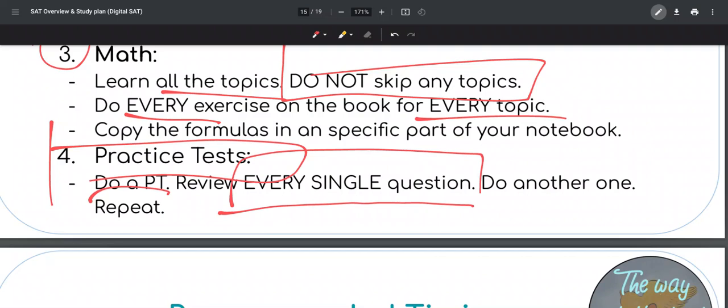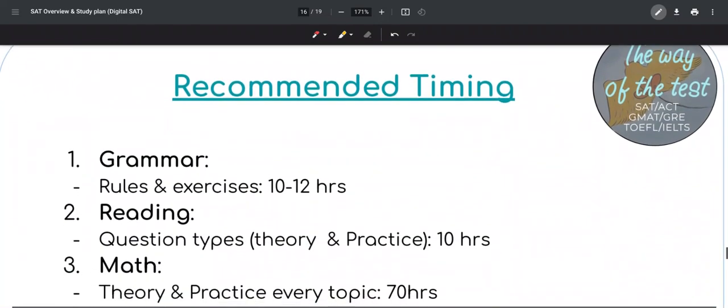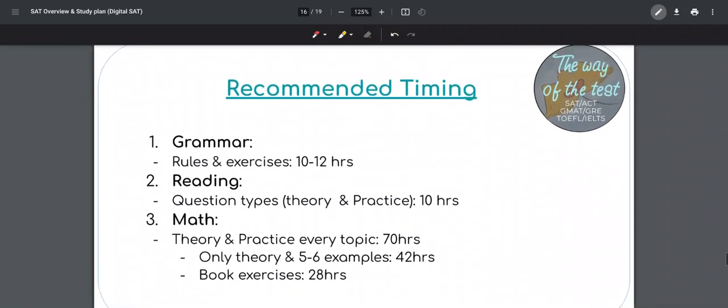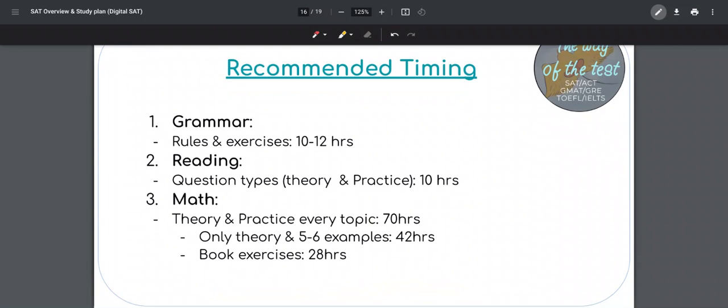After you have reviewed every single question, then you're going to do another practice test, and then you're going to repeat. You're going to do this for as long as it takes until you reach the score that you want, until you reach your goal. Now, how should we time this? This is very important for you to plan your study